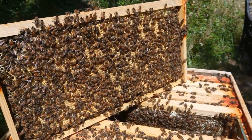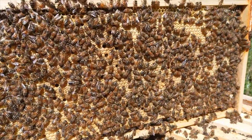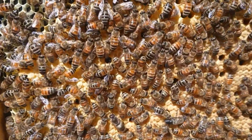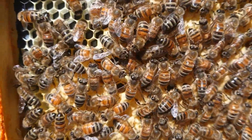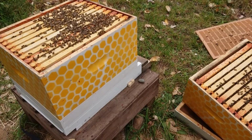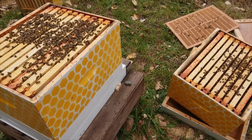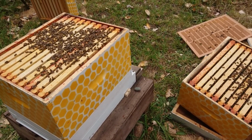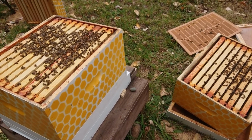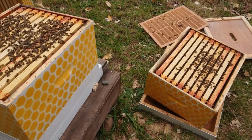The fifth frame in is just nothing but capped brood. So it's July 2nd, and I'm taking a look at the lower and upper deep, as well as the honey super. And the lower deep